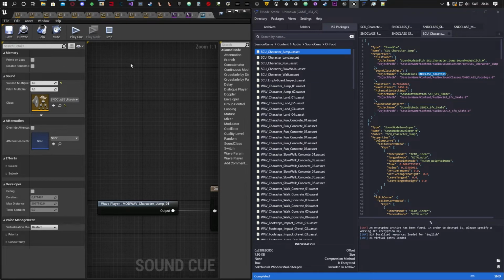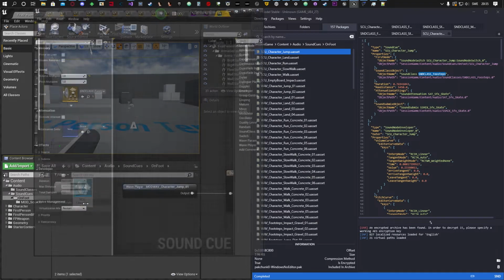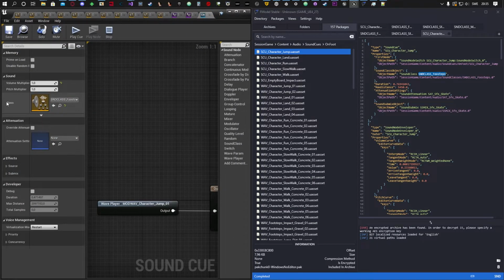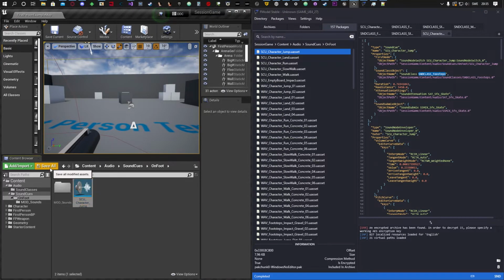Okay, so now this sound cue will use this sound class to determine how the audio is played, and all the volume and pitch and all that was set in the sound classes. So now that we have all of this set up and we have the sound cue using the sound class, what we should be able to do is just save all of this and go